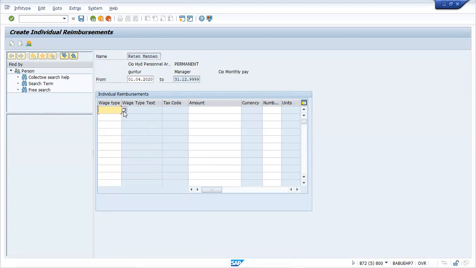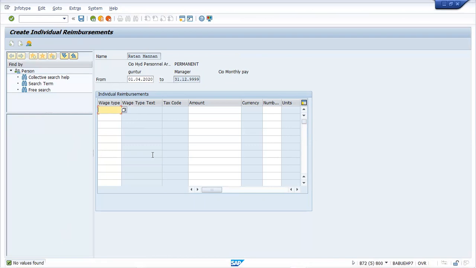Every reimbursement will be with its tax code. Now just try to choose any specific wage type and check if anything is there. In the background settings, no configurations are missing here. Anyway, we'll try to understand those things.